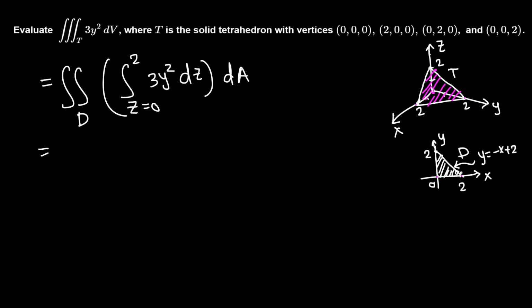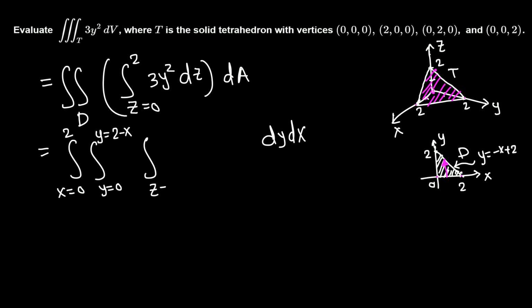Let's continue working on this. Now this dA, we can write dy dx or dx dy, doesn't matter. Let me go dy dx. That means it's like type 1. If I write this type of going up arrow, then x runs from 0 to 2. Okay, so x runs from 0 to 2. The arrow can be taken anywhere, and y, lower curve x-axis means y equals 0, and upper curve y equals negative x plus 2. Y equals negative x plus 2 is same as 2 minus x, and we still have inside z 0 to 2,